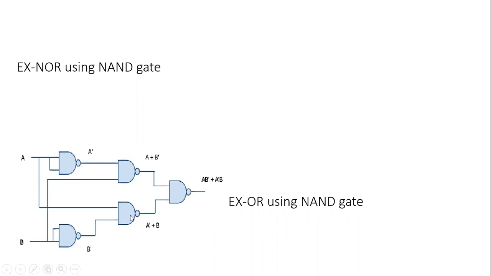And this becomes A B bar whole bar. Then this gets broken up. Once the bar gets broken up, it becomes A B bar, and this becomes A bar B. Further, these two inputs go to the NAND gate. These two will be multiplied and the whole bar will come. And when you break that whole bar and solve it, you will get A B bar plus A bar B. These things you have to solve with your hands. I'm just speaking verbally. You have to do it yourself. And if you have any doubt, do let me know.